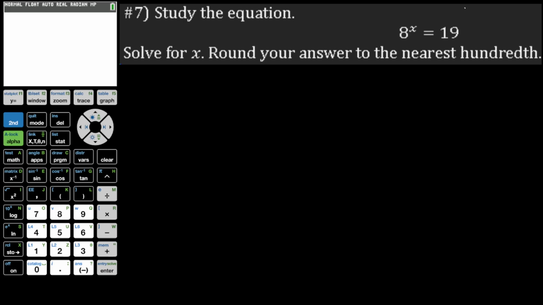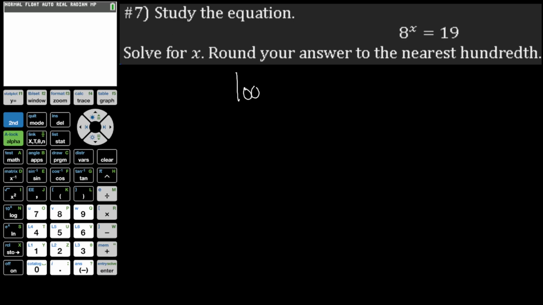In this video, picking up where we left off, working on that Unit 5 study practice. And so in number 7, it says to study the equation. Notice that it is that exponential function, meaning we have the variable in the exponent. So that means, again, make sure you're thinking we have